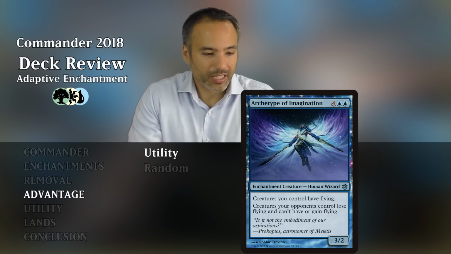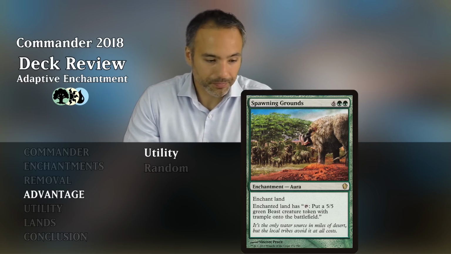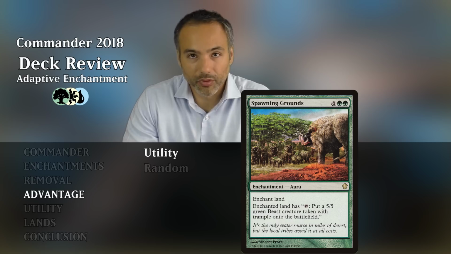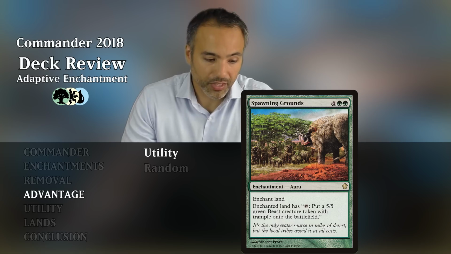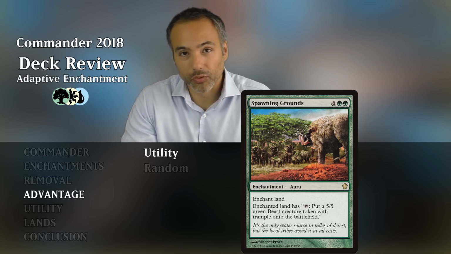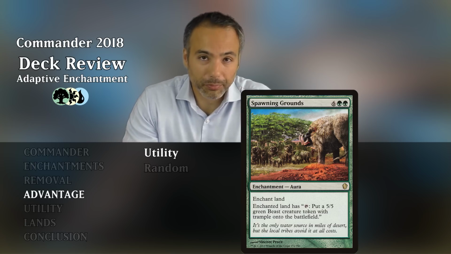And then we have the last utility called Spawning Grounds for 6 and 2 green. So for 8 mana, that's a whopping price for an aura that we're going to be attaching onto a land, and we can tap that land now to create a 5/5 green beast creature token with trample. Okay, it's pretty cool. It's nice and flavorful, and a 5/5 trampler is nice. However, because it does cost us a mana as well, because we have to attach it to our lands, what we're going to be doing is replacing this card with